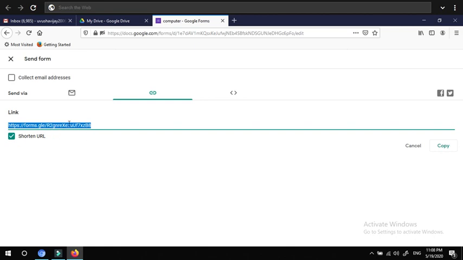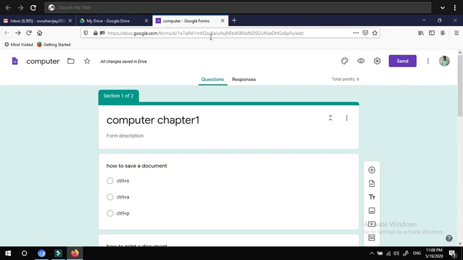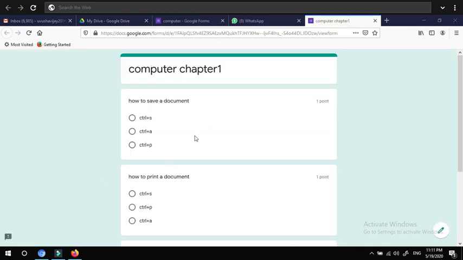So your URL link will be in the smallest form. Now you can copy this and you can paste it in the WhatsApp group. Once they receive this message, when they click this link, the form will open, so automatically they are able to do that. Okay, so I'm just copying this. Press Ctrl C to copy. Once you send that link, the students are able to click on that link and they will get a form like this. So now they are ready to attend the test.